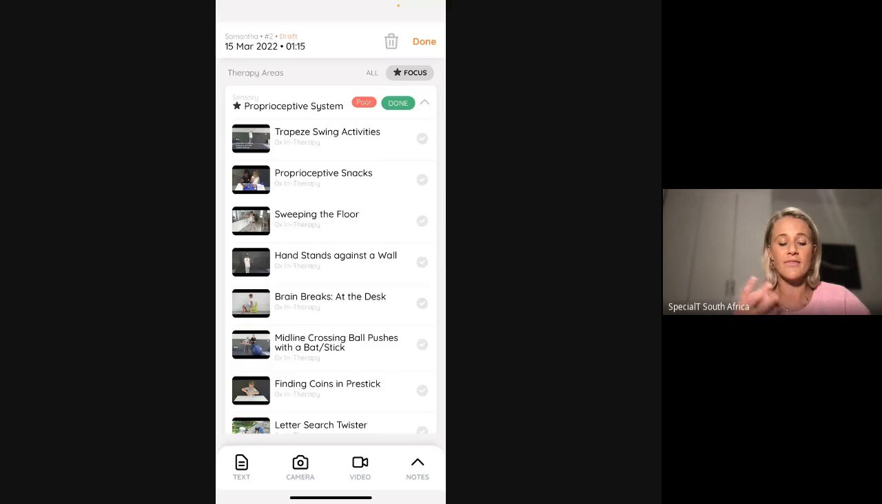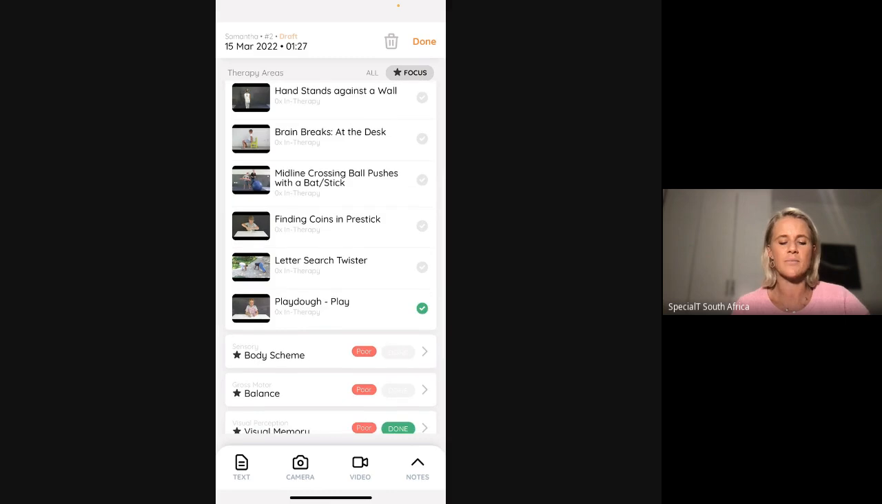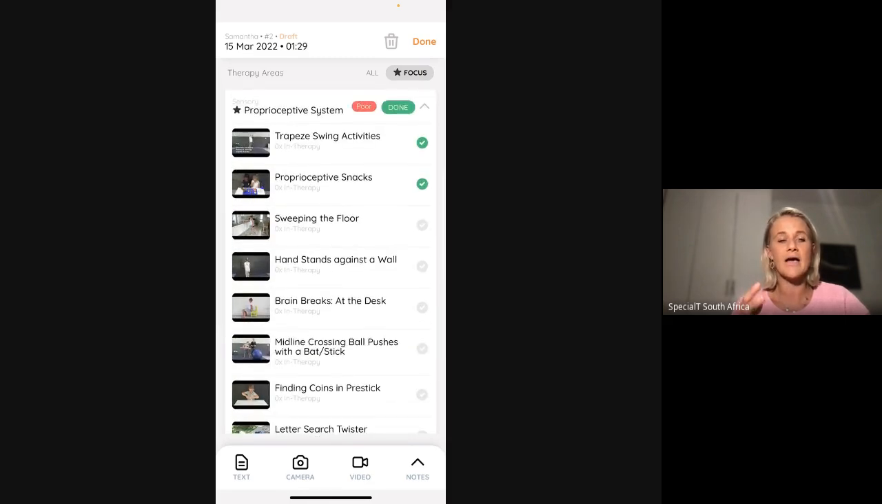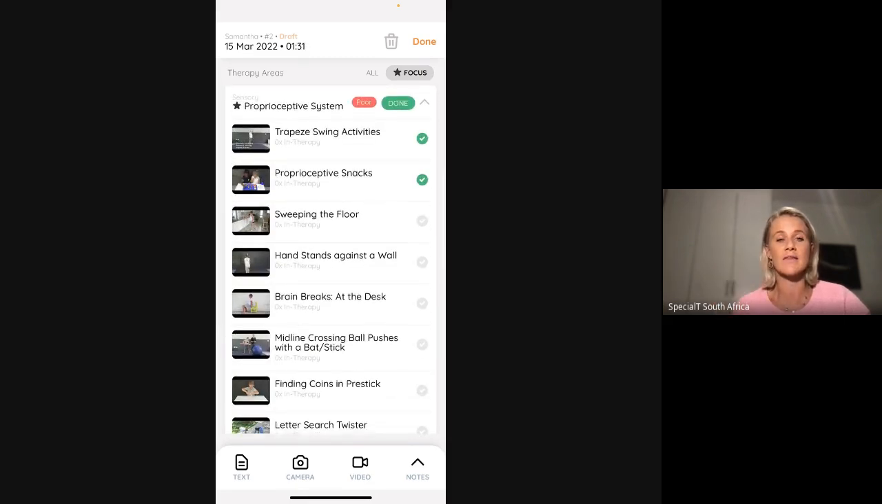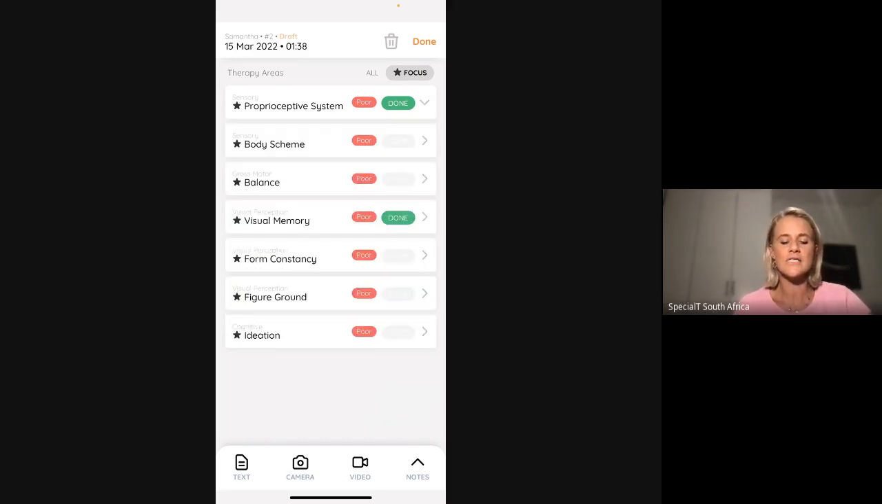And then these are the exercises that I actually did in the session. So say I worked on proprioceptive snacks and I had a whole lot of snacks in my session, and I worked on trapeze swing and I did Play-Doh. I can now, instead of having to write these in therapy exercises that I've done, I can easily just tick these in therapy exercises. So you can see that we have lots and lots of exercises, and we would really